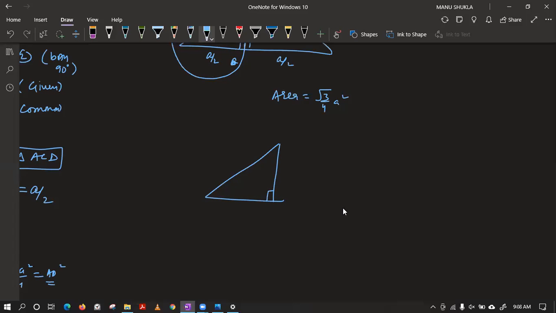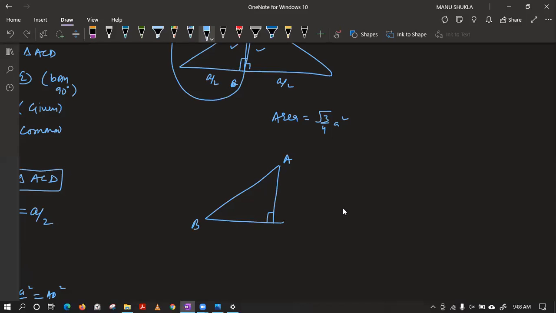Ananya, please see. So we have A, B, and D. In this, we already knew this a, this by, yes, Joel, it can be done by double AS also. It is correct. Now, Ananya, we knew a and a by 2. We needed to find AD. For that, I used the Pythagoras theorem. That gave me the value of AD as root 3 upon 2a. Now, I hope it is fine, Ananya. After that, you all know what we have done. We have just used the formula half base into height and we got the formula.